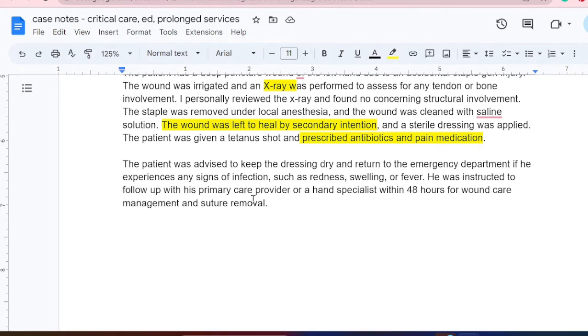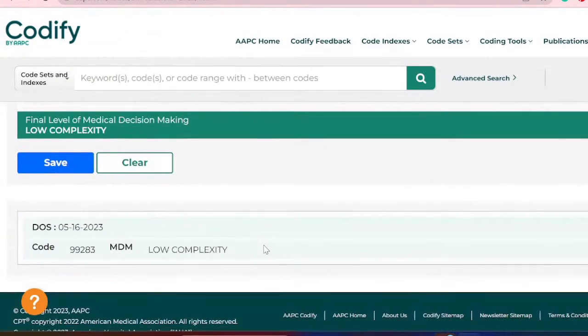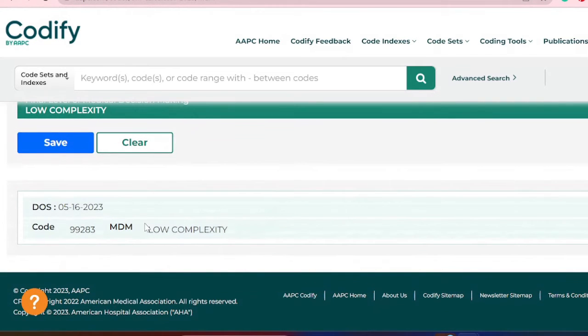Now, this does say something about suture removal, but again, it says here secondary intention. So there isn't really any sutures to remove. It might just be like a blanket template that they put in there, perhaps. So when all is said and done, if we scroll to the very bottom, it's going to calculate the E&M for us based off of it having low complexity,